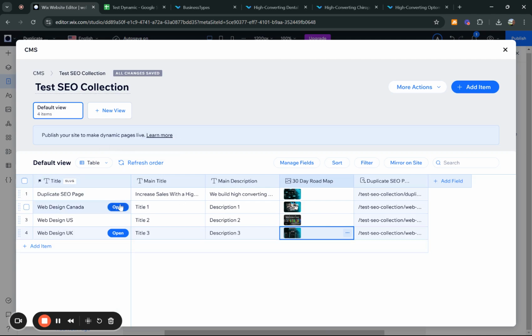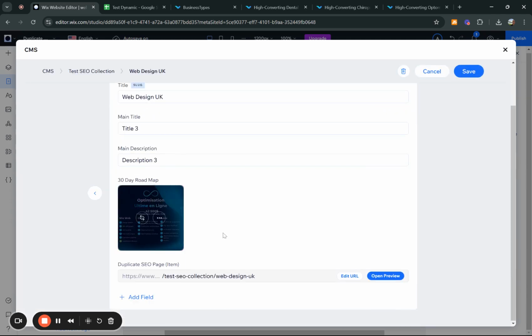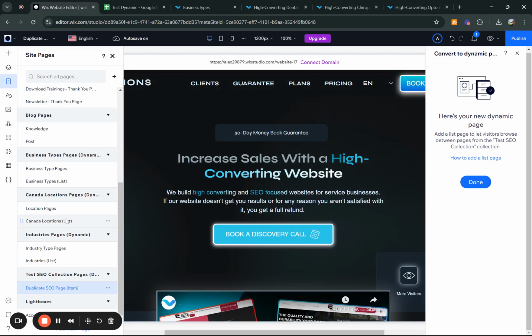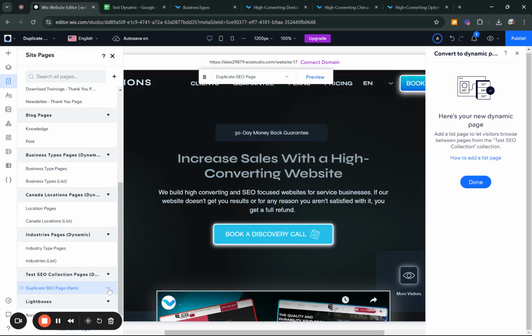Now with this set, you would have these 4 pages. So basically you just duplicated this page, created this with the variation of the title, the main description, and the image. So that now you have 4 different pages with these 4 different types of information, and the rest would be the same. Now, what I want to do here is show some little advanced. So this is the basics of how to set this up. So if I were to now check this out, I could even press open to try to see the page. Actually, this is what's going to have all the information there. But let me show you what this looks like, and then I'm going to go into the advanced features you could set up. So now if I close this,